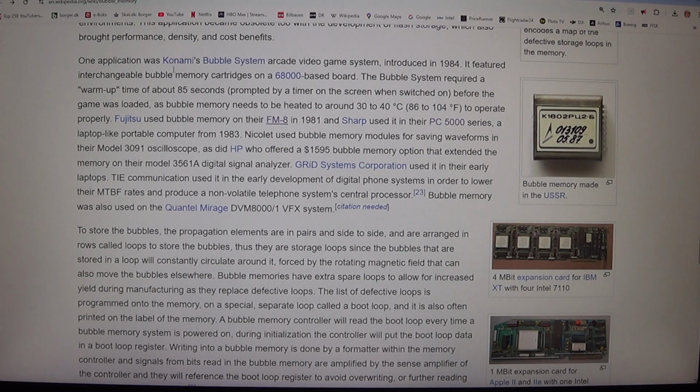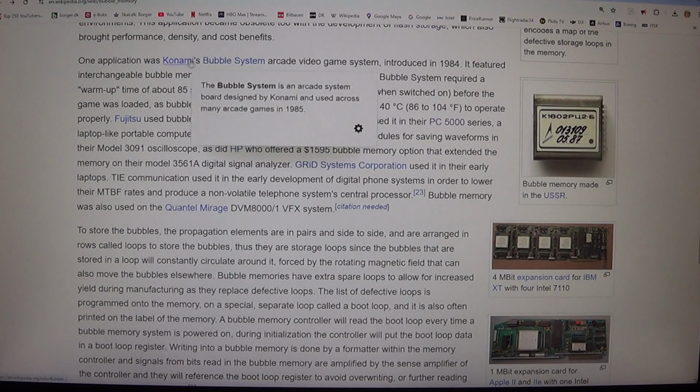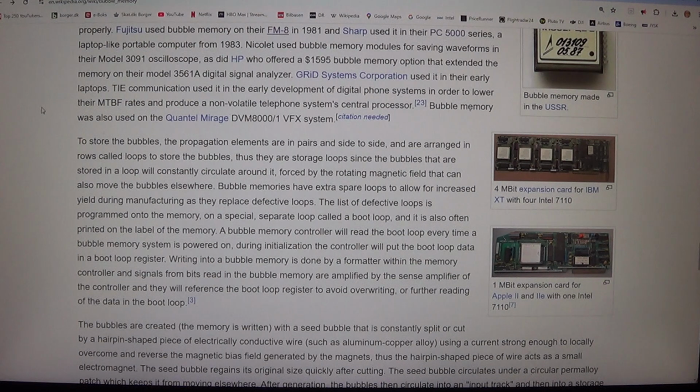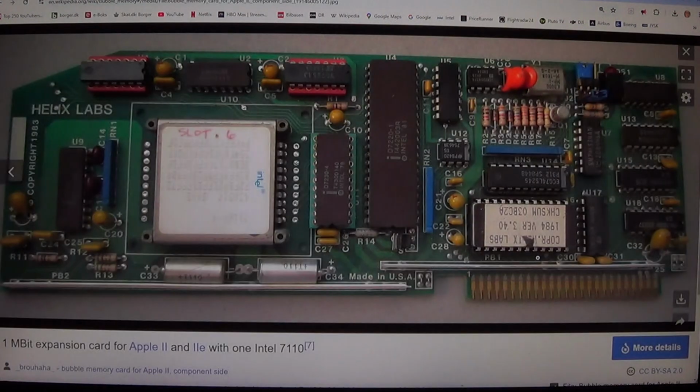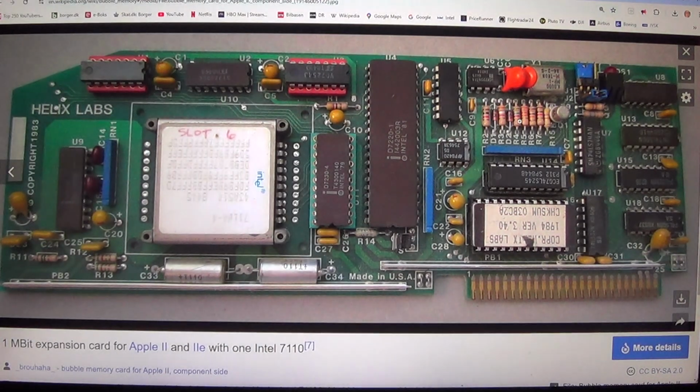Thai Communication used it in the early development of digital phone systems in order to lower their MTBF rates and produce a non-volatile telephone system's central processor. Bubble memory was also used on the Quantel Mirage DVM8000/1 VFX system. To store the bubbles, the propagation elements are in pairs and side to side, and are arranged